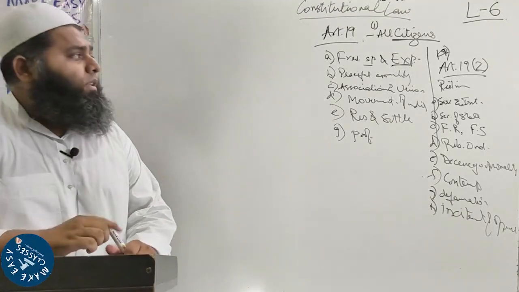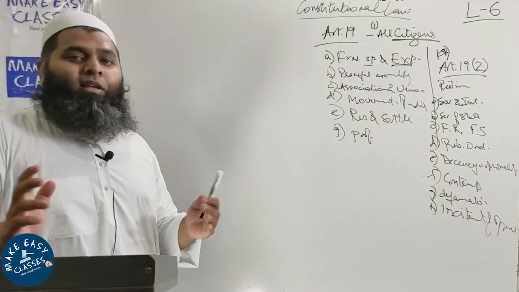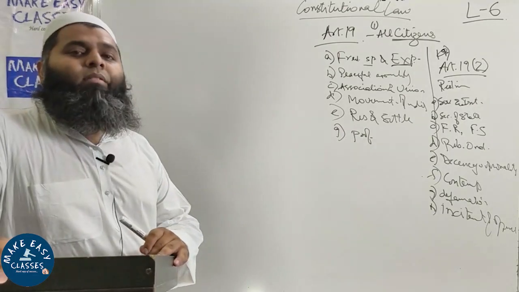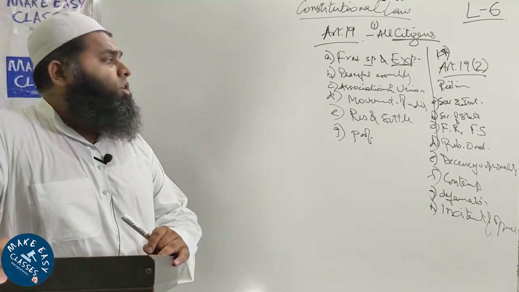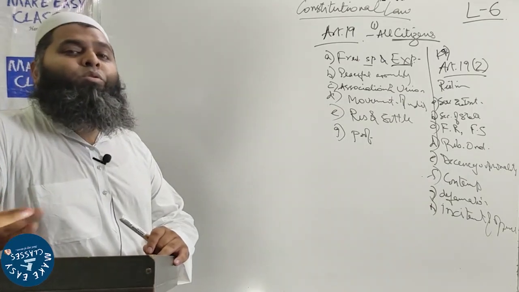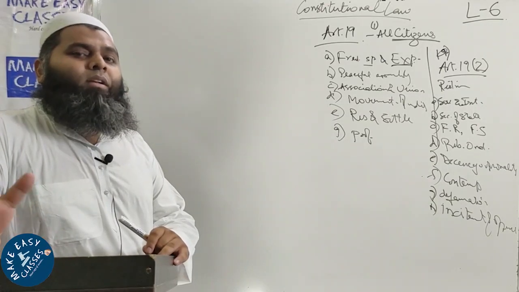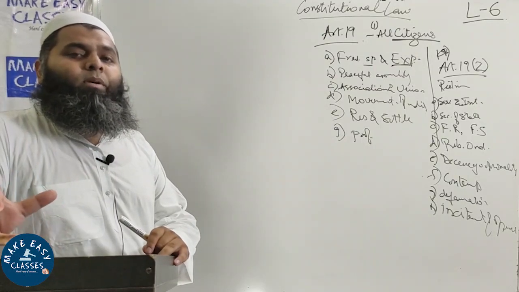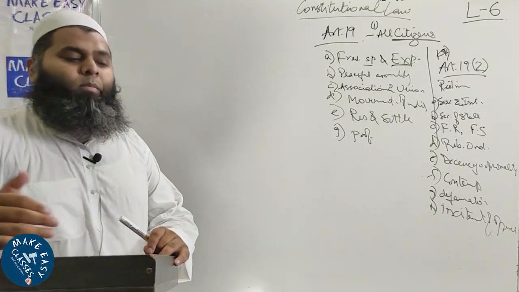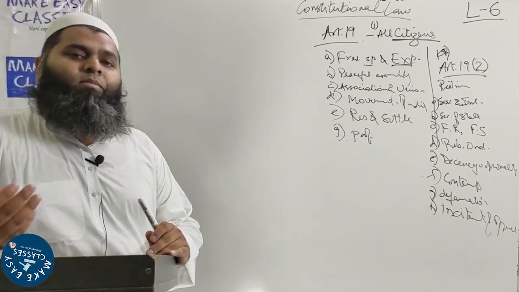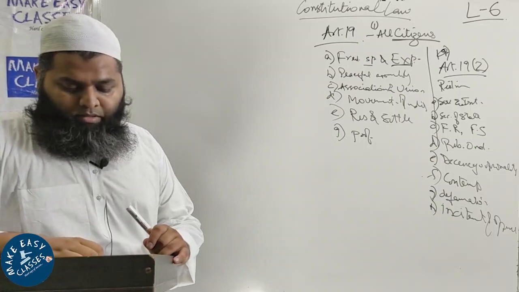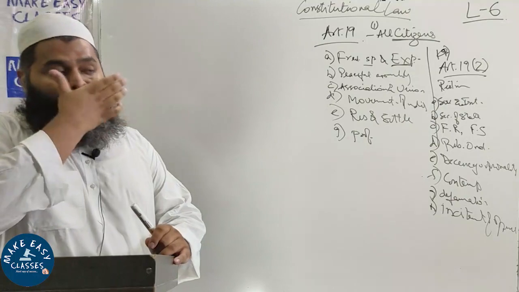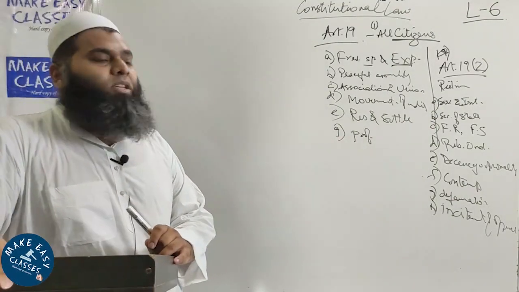So these grounds of restriction, you might be thinking that restrictions are more than freedom, but these restrictions are very important, because if freedom is given in absolute terms, then that freedom will create an anarchist situation. No one will be controlled by law. And anyone having anything in his mind can express it, so it will cause disharmony in the society.